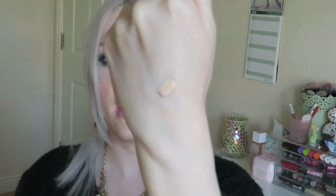This is in the colour 0.5, and this is the lightest shade that Urban Decay do. So if they came out with something a little bit lighter, I think it would be perfect shade wise. Consistency wise, this is extremely liquidy. You can see it just falling down my hand there. So it is an extremely thin liquidy consistency, but this just melts into your skin beautifully,